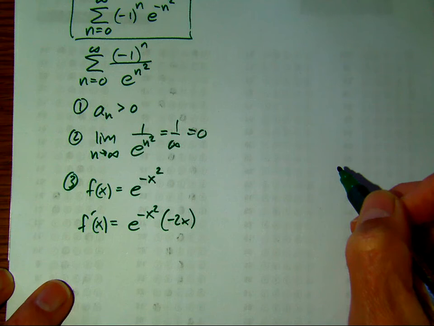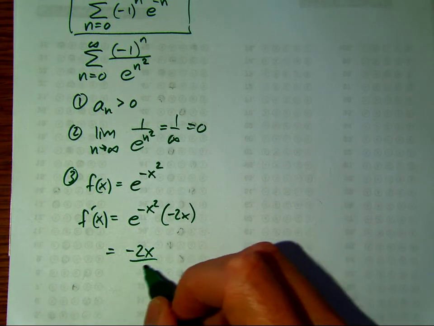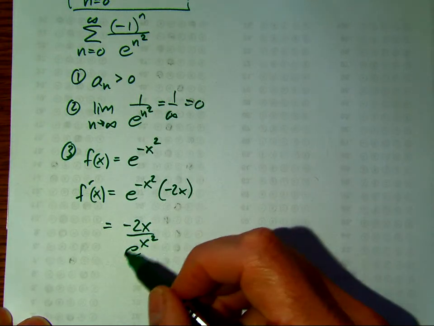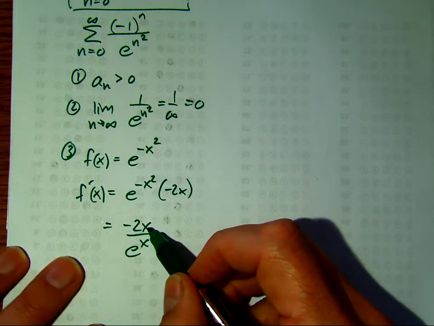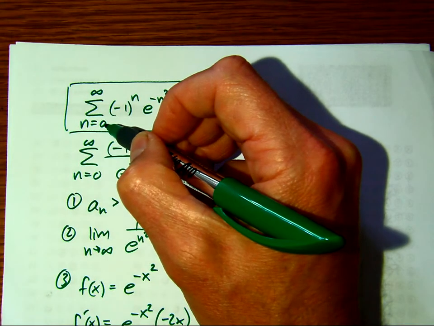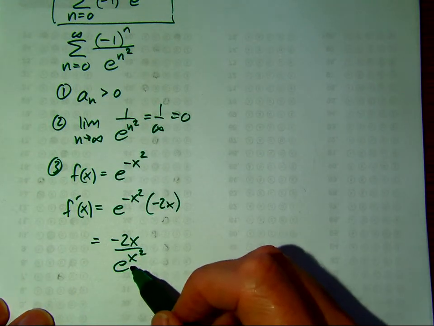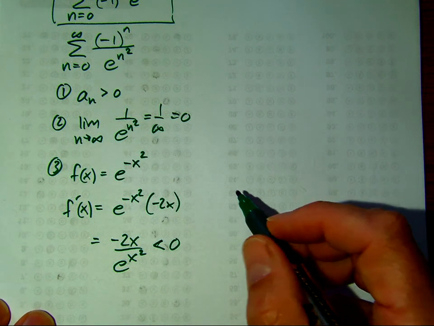And here we have negative 2x over e to the x squared. E to the x squared is always positive, so we have a negative. X is always positive because we're looking for 0 to infinity. So then we know that this will always be negative. And that means the sequence is decreasing, so we can say that the series